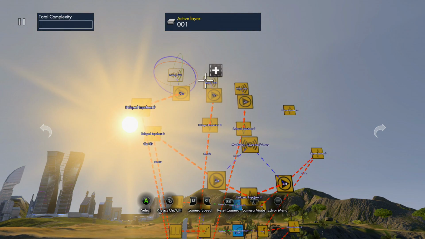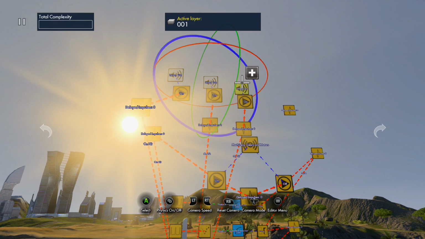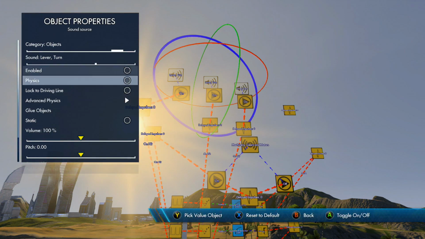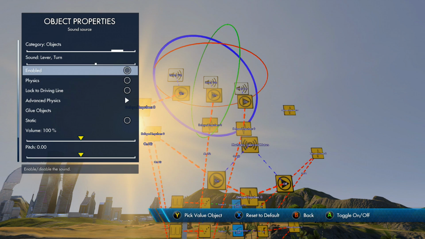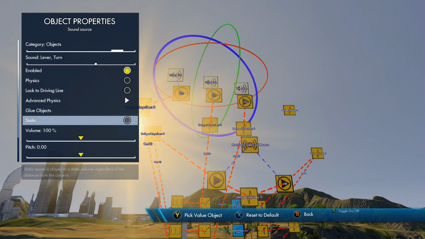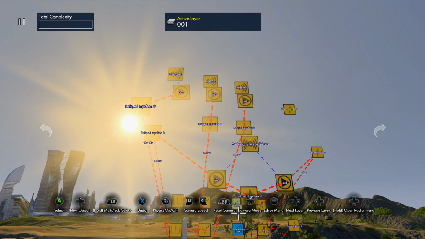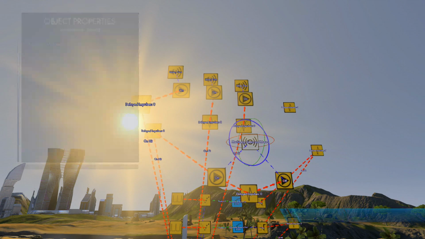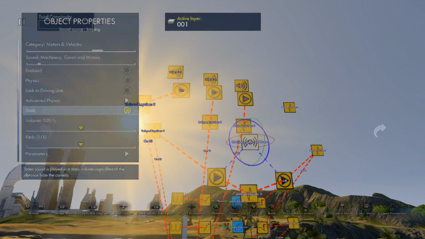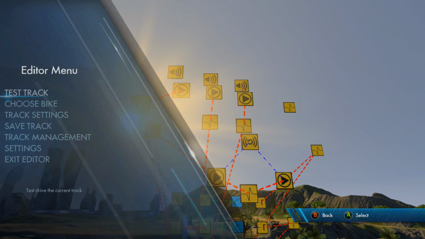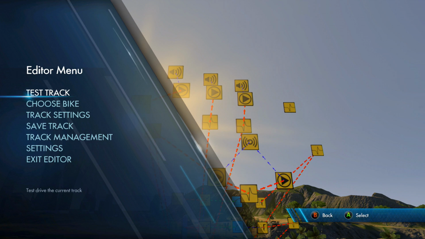So all our sound events with multi-select with the LB is going to be on enabled, static. Our next sound source is going to be on off, static. Static means that it doesn't matter where it is in the environment, it will play like a nearby object. Usually good for opening doors and stuff. But if you want to add a more realistic